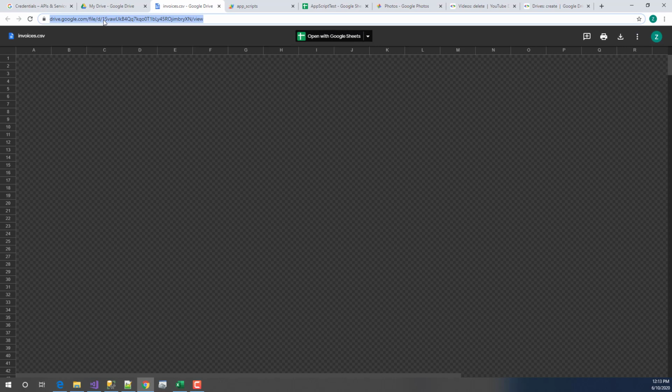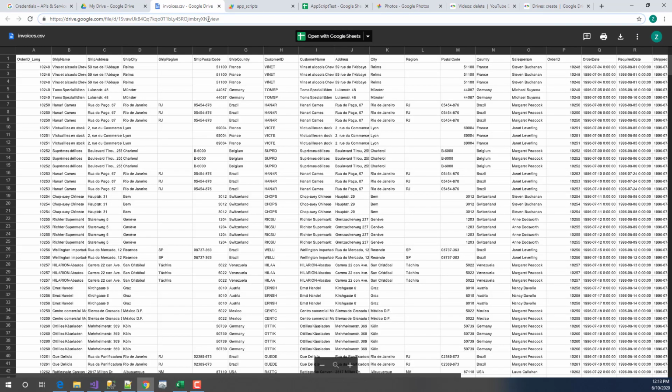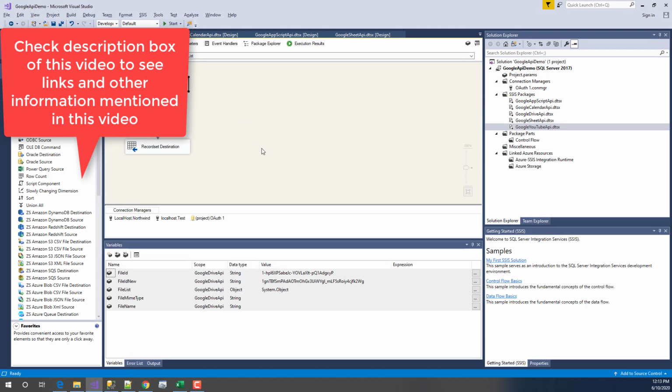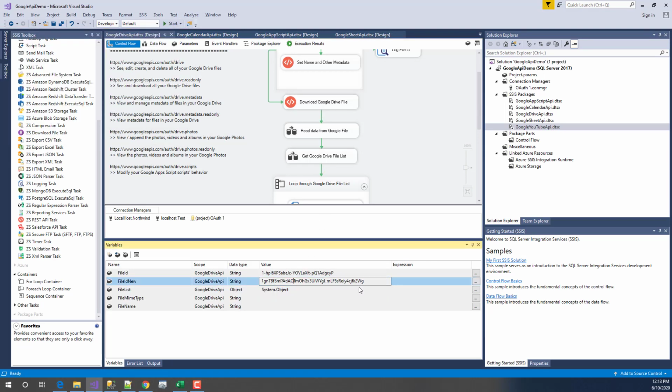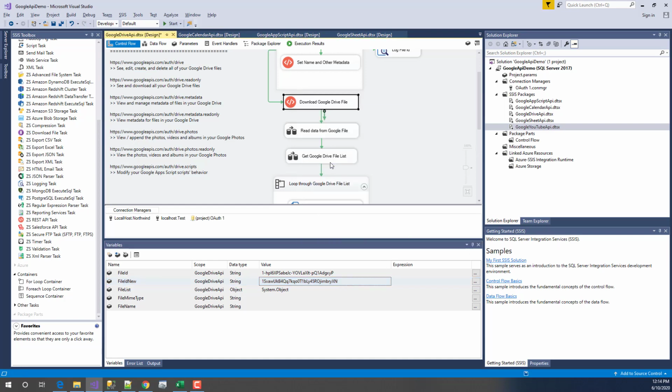Yep, that's where you find the actual file ID. It may be different than when opening in the spreadsheet, so make sure you use that file ID. All right, let's go back and use that file ID. See, this is a significantly different file ID. Now if I execute again,